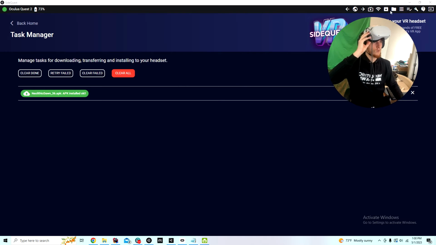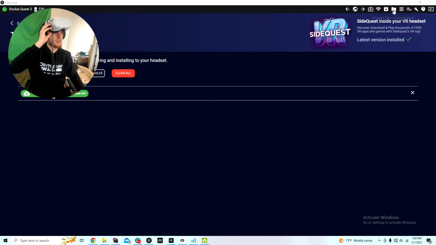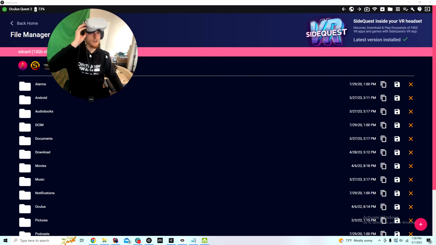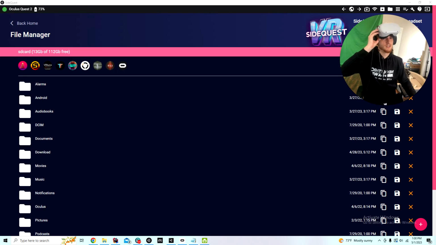Okay, so what we're going to do to get the rest of the files is click the button right next to the APK install button. It says manage files on the headset. I'm going to click there, manage files on the headset, and you're going to see this. If you don't see all these folders, it's probably because the device isn't connected, so double check, make sure your device is up there. You should see SD card and all these folders. You're going to want to go to Android,